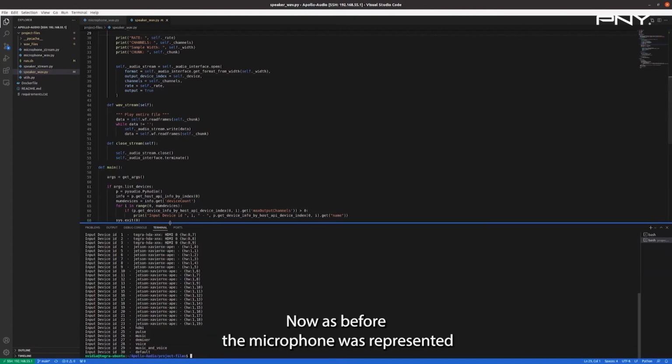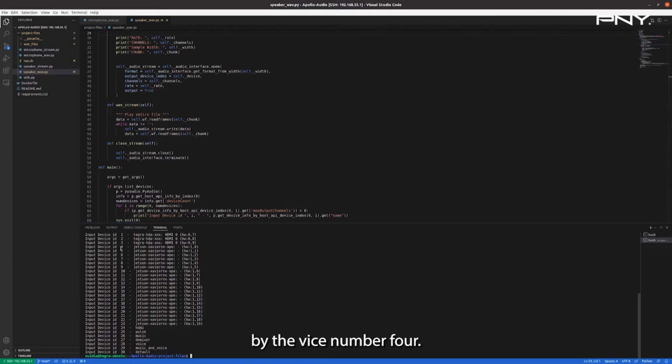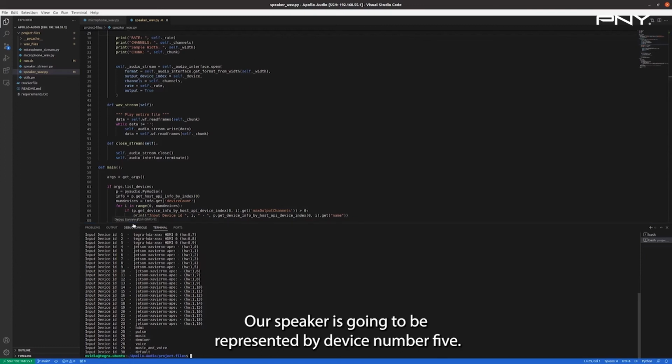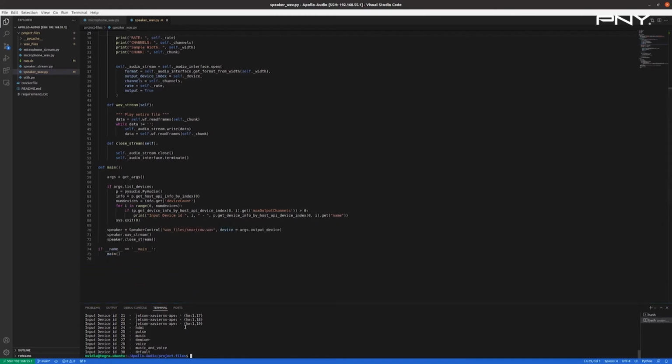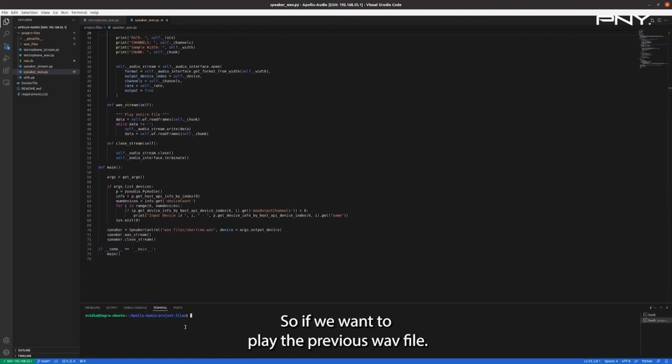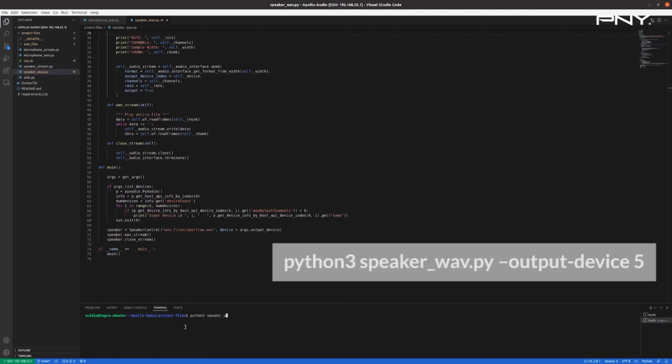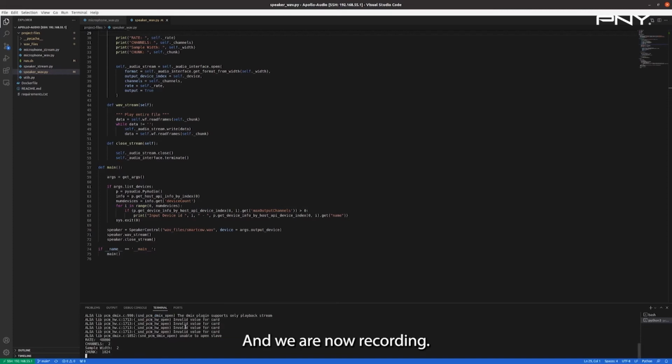As before, the microphone was represented by device number 4. Our speaker is going to be represented by device number 5. So if we want to play the previous WAV file,